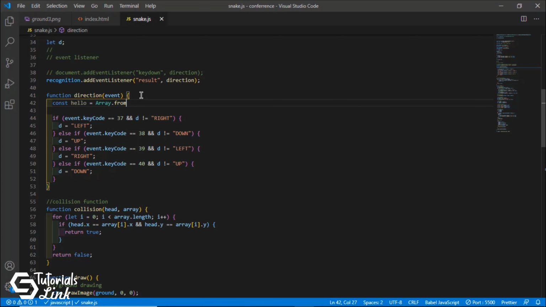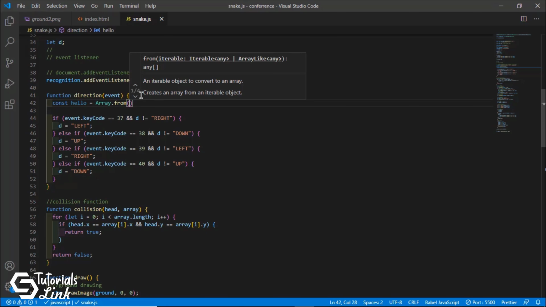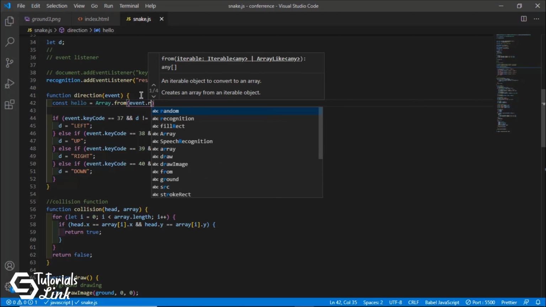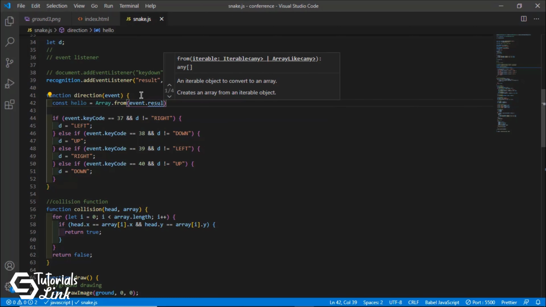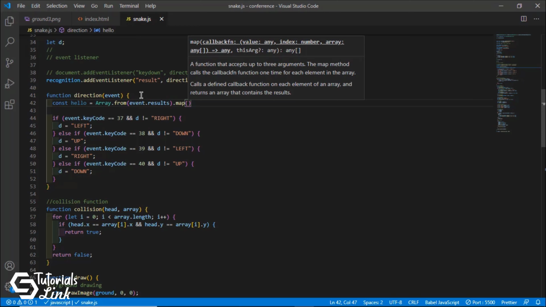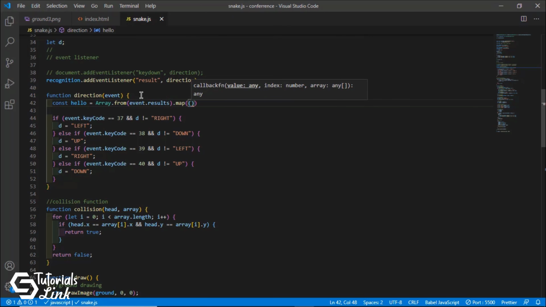and what Array.from does is that it will create a copy of the whole array which we will receive, and inside we will have event, of course, and from the event we want the results, and once we get the results we will map it, like we will go through every bit of it, and after mapping it we will need to map with results only.